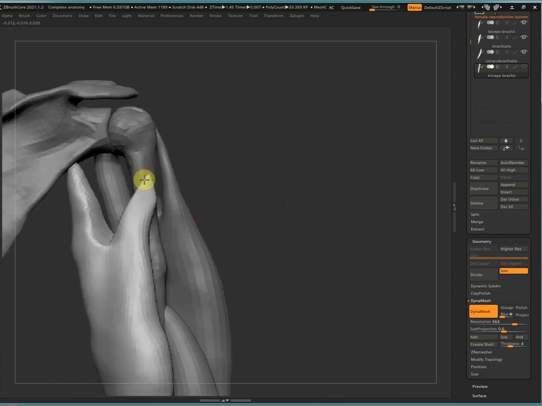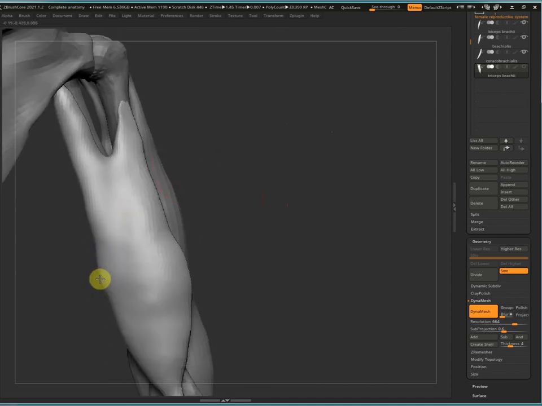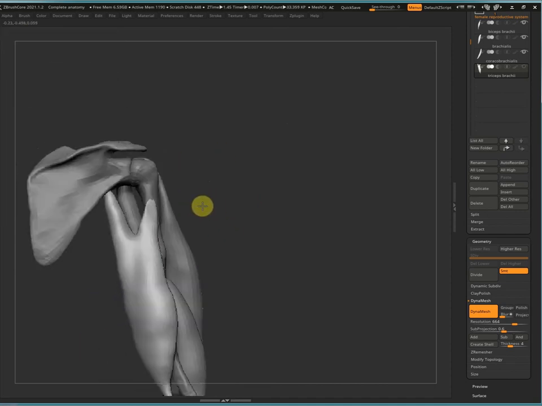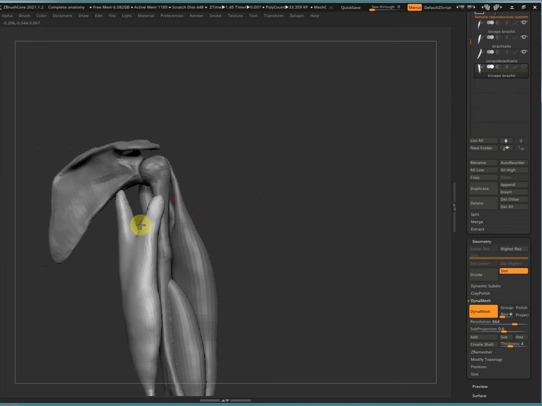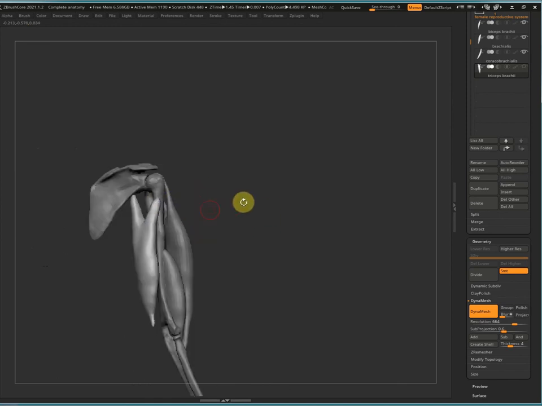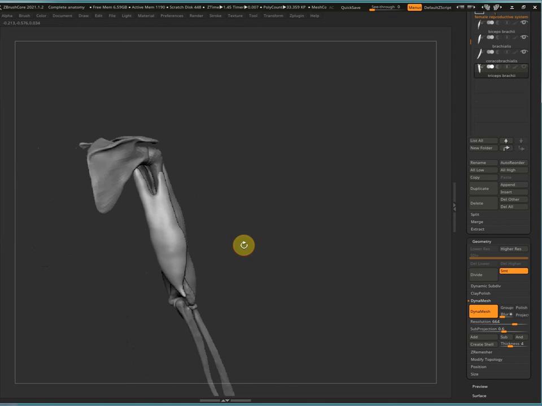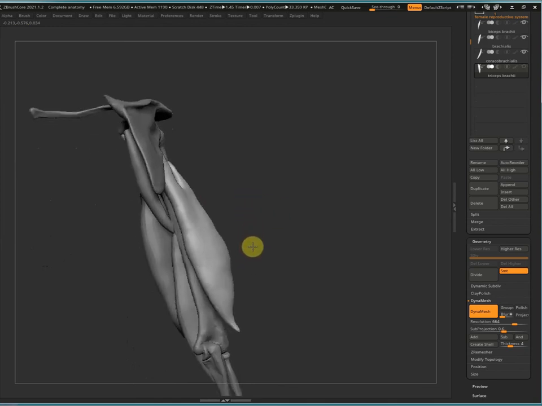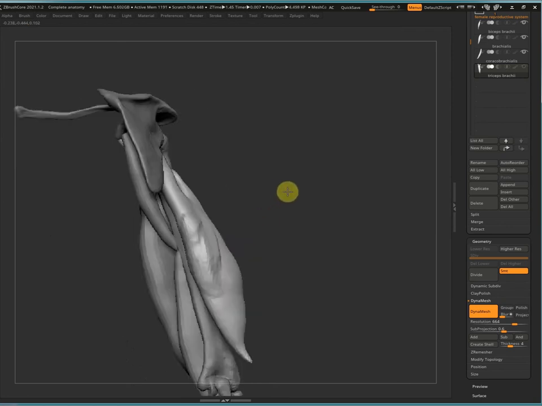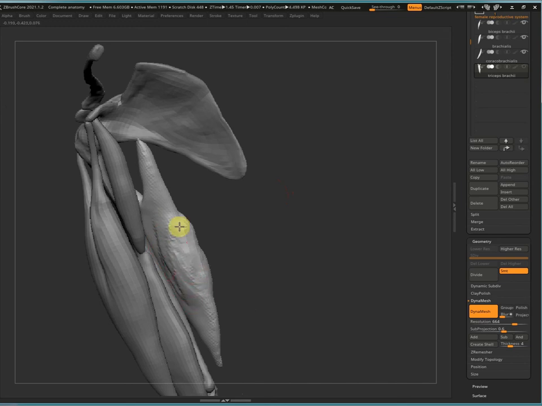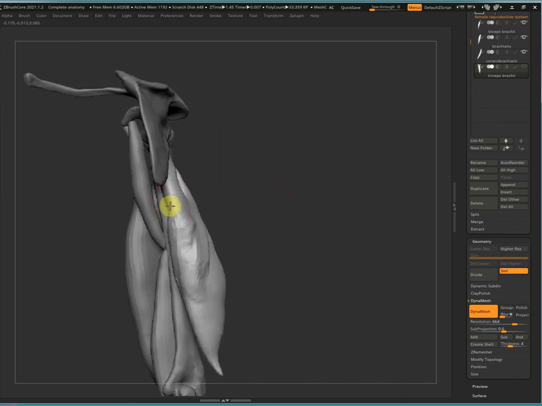Just gonna make sure everything lines up. Then I'm gonna inflate again, and then I'll leave that for now. What this muscle does, it's gonna create these forms. With my clay,